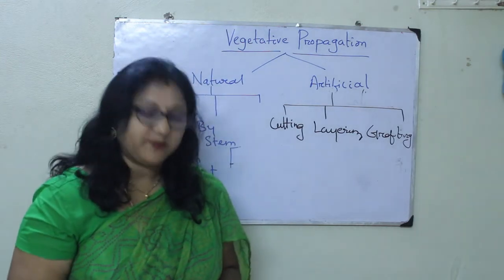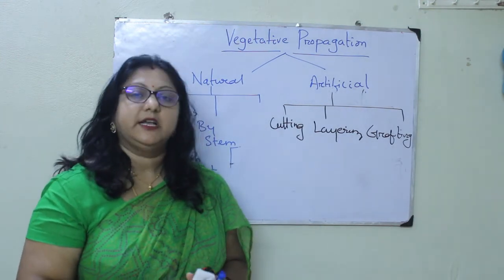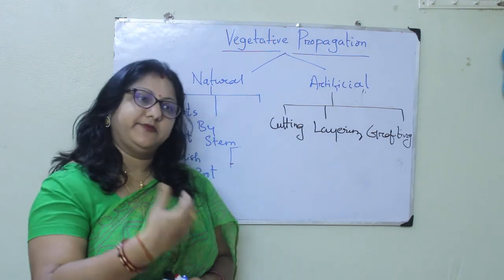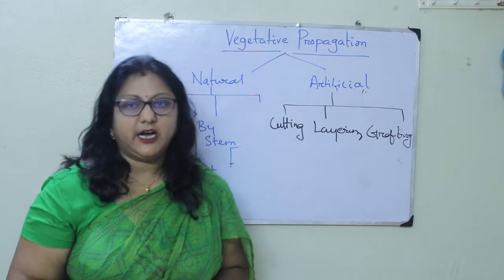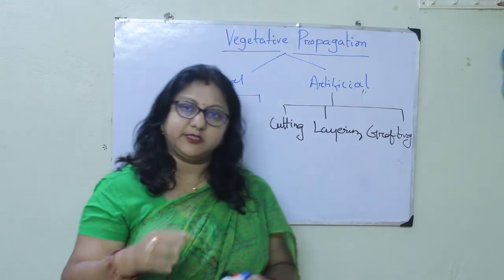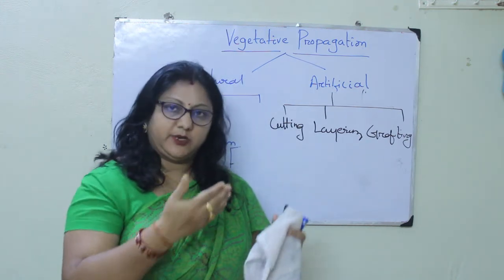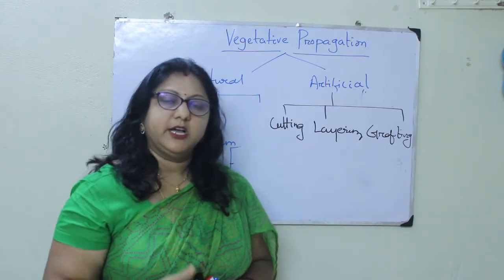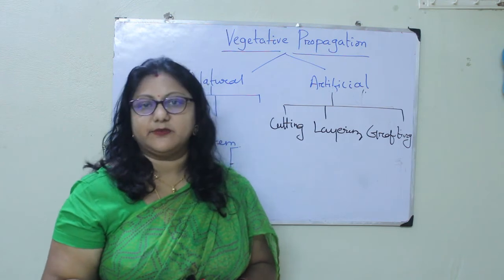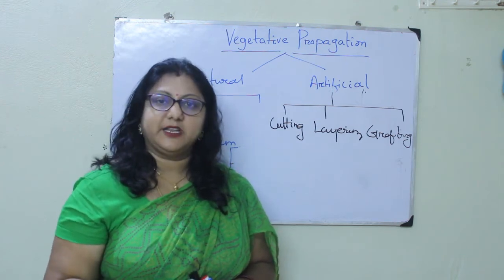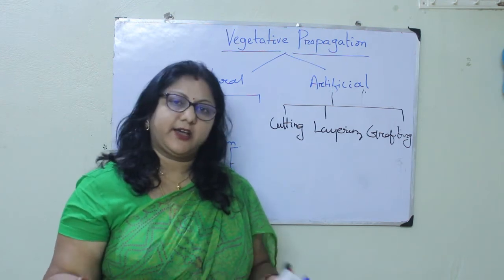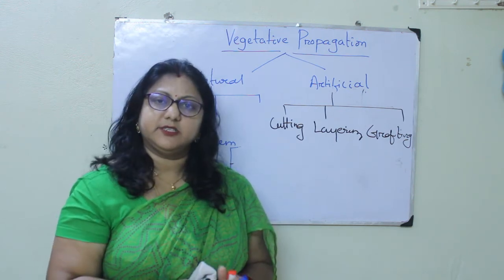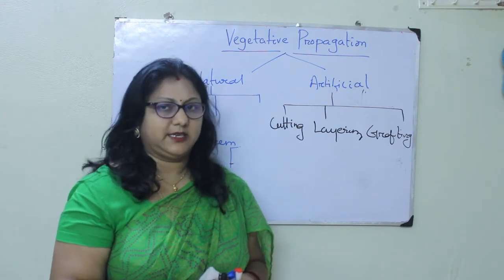These are the three methods which are used for cultivation purposes, by farmers, by humans, and for different research purposes for making different hybrids. Now cutting is a simple process: stem cutting, cutting the stem and putting it in another soil or another pot. Very common examples of this are rose, jasmine, hibiscus. In our gardens also, we use this cutting process to make new plants from the existing plant.